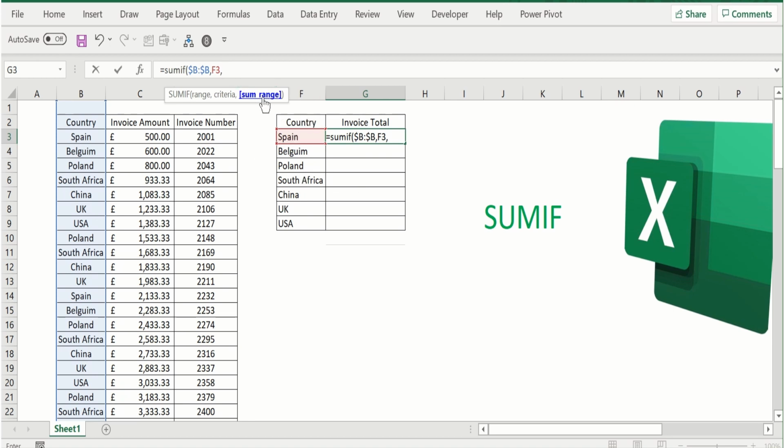And now it's the sum range, so where are we calculating? So we're calculating the invoice total. So we're going to go to the invoice amount. Again, we're going to make that an absolute reference because when we copy the formula down, we do not want that to change. Close parenthesis, and there you have your total invoice cost for Spain, but you also have it